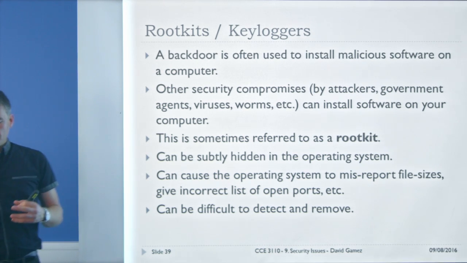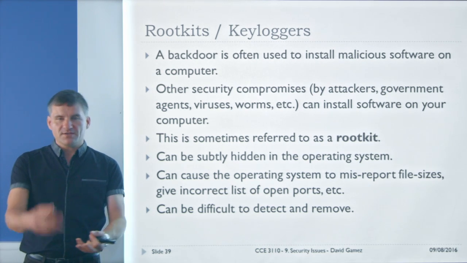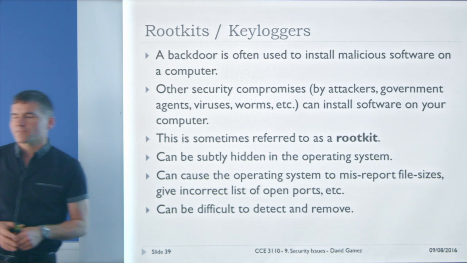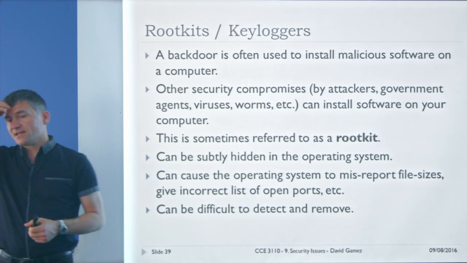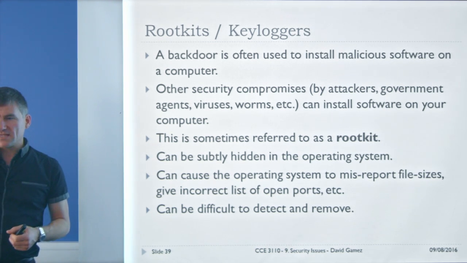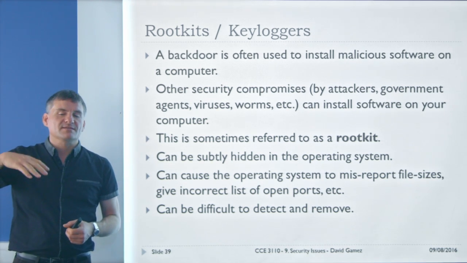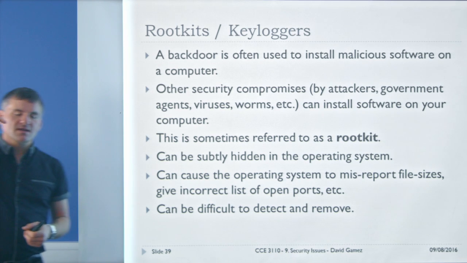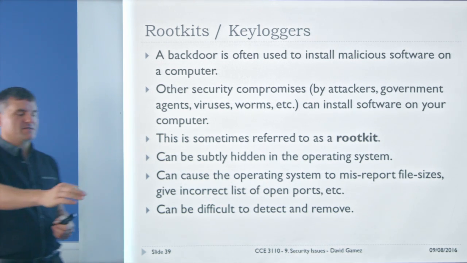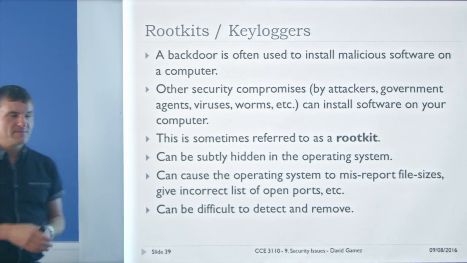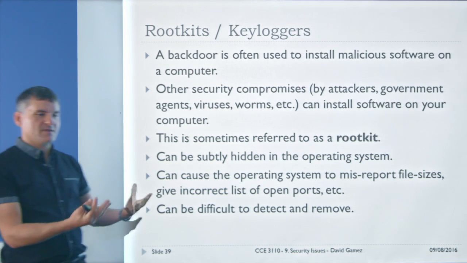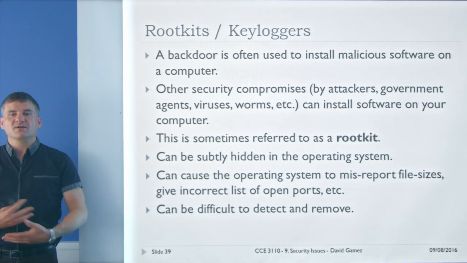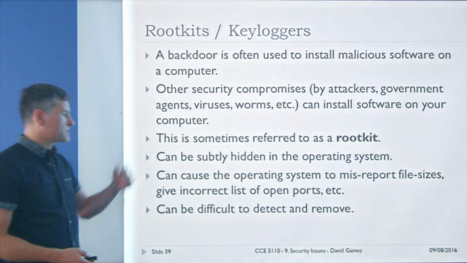Normally when you go down to a particular folder, you see what's in the contents of that folder, right? But with a rootkit, it might make the operating system lie about its existence. So it wouldn't show up in the process manager or whatever in Windows. When you tried to look at the folder where the rootkit was installed, it would show you just an empty folder. So it completely hides itself in the operating system. From the user's perspective, you can't see that it's there. And that's what's called a rootkit.